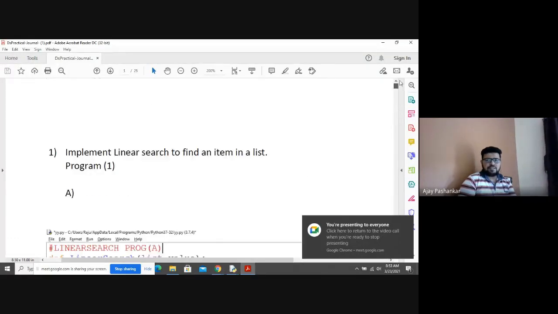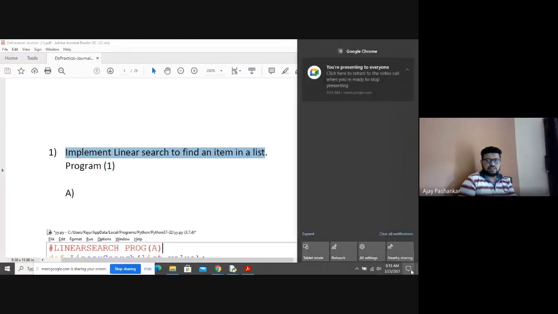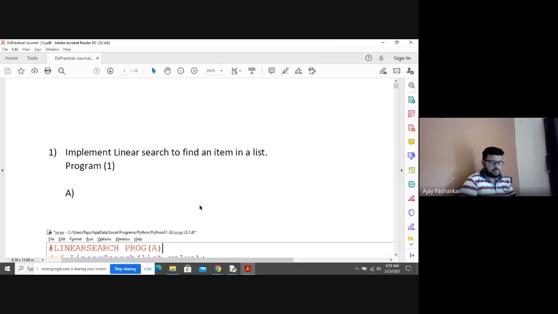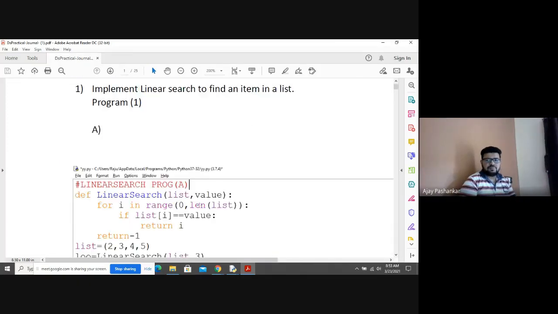So the first practical is about linear search. What is linear search basically?